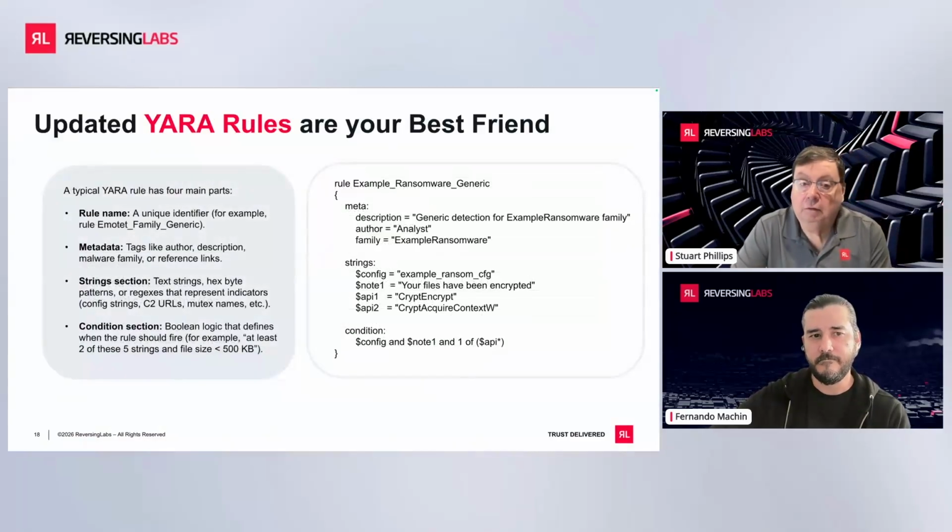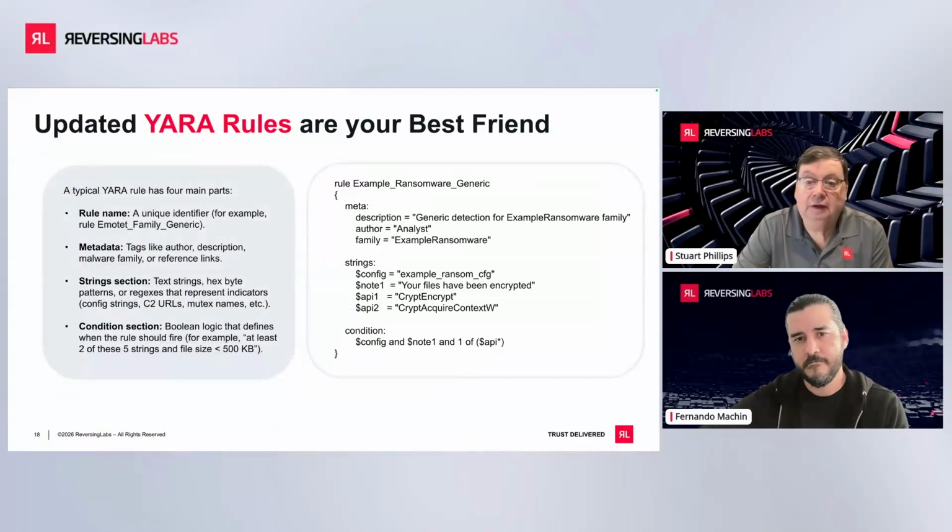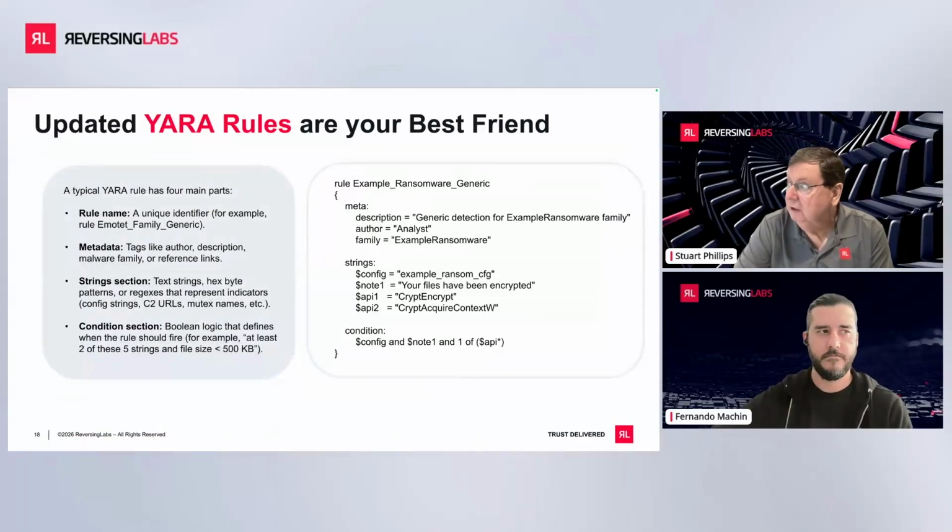So, YARA rules. YARA rules are an area which I think everybody on here should know and understand. It's about being able to scan the file, looking for information. A YARA rule has basically four components: a name, unique metadata with tags like author, description, malware family, and references, string selection, and condition selection. So you look for certain text and certain logic within that, and say, what are the conditions? I have four strings. If I see two of them, great. But if I only see one, then I still don't think it's necessarily malware.